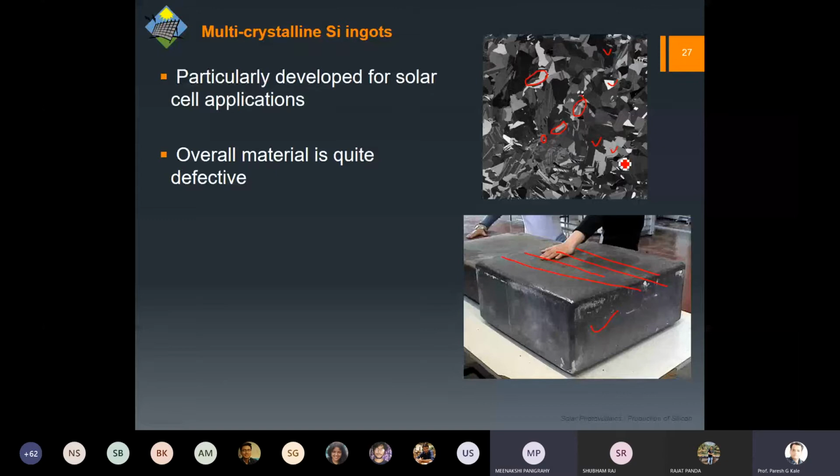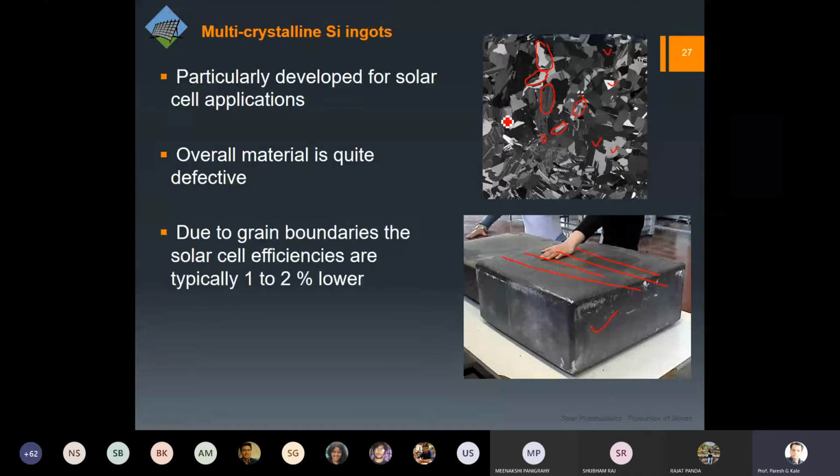Yes, the answer is the orientation, because I have already defined that these are the grains, right? So one grain will have a unique arrangement. However, that arrangement will be different from any nearby grain. So as the orientation is different, the light reflected from that particular grain would be at a different angle, and that's why you get different colors over here. So these grains have grain boundaries, obviously, and these grain boundaries are the hurdles.